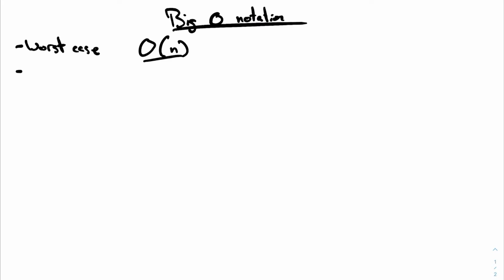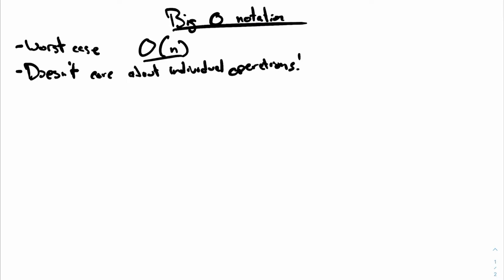The next thing, big O notation does not care about individual operations. And what do I mean by that? So if you have a function that takes some parameter,